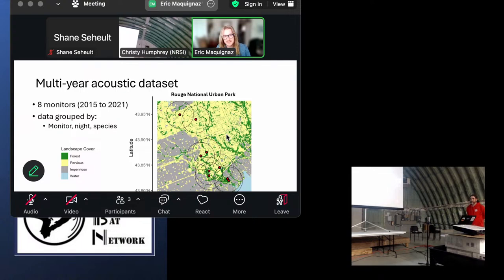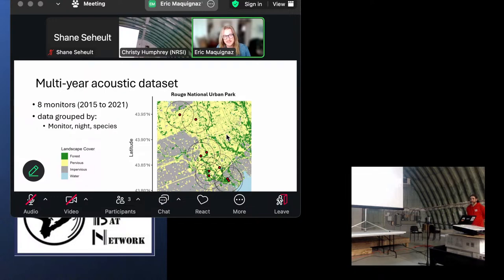Starting with landscape, I got landscape data from the Southern Ontario Land Resource Information System. I did a spatial scale effect, and then I ran individual models by species. I did something similar for the season and weather, but instead of landscape data, I got weather data from local weather stations, and then did a temporal scale effect model analysis, which I'll go over with the spatial scale effect model analysis in a second. Then I ran individual models by species. I'm going to first go over my